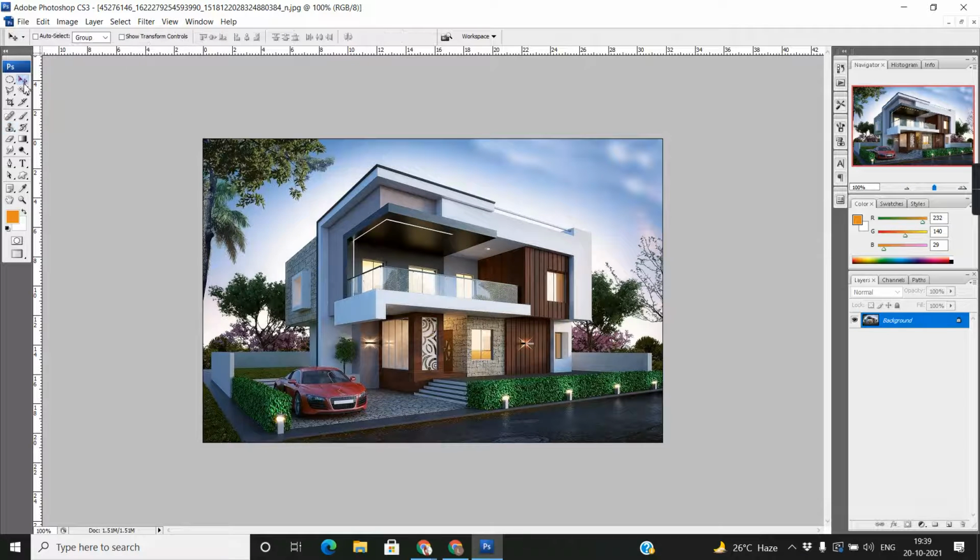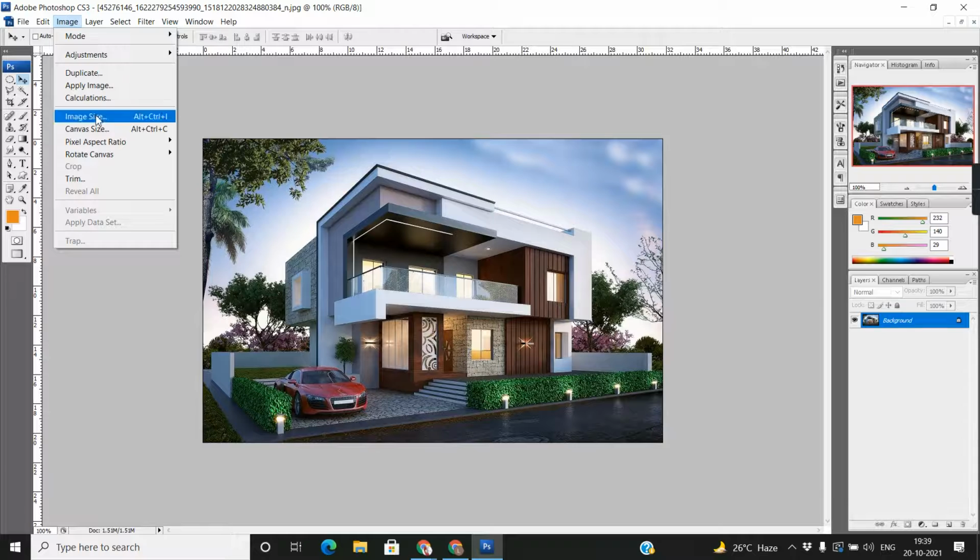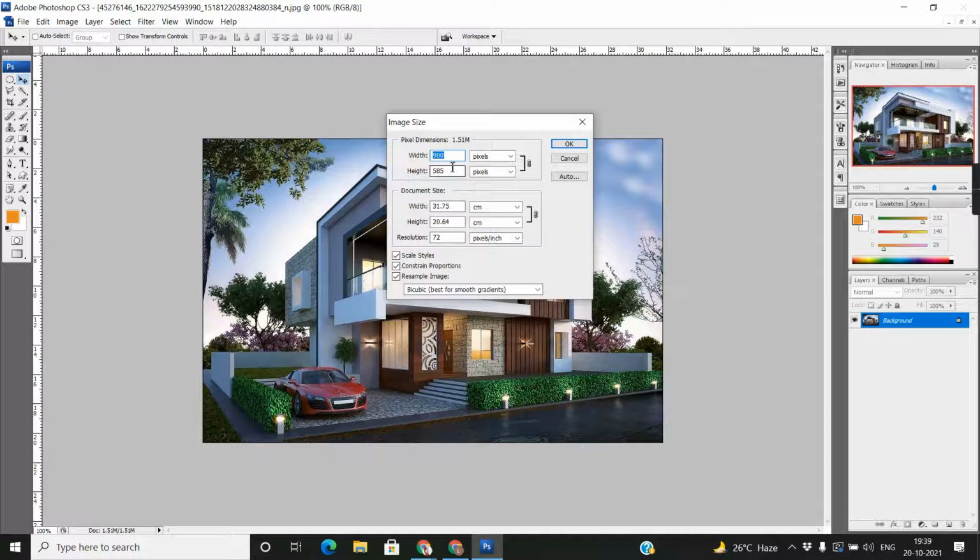Okay, this is the image. I don't know the exact image size, so first I want to know this image size. So go to Image Size. Look at the size, it is 900 by something, and look at the resolution, it is very low because this is downloaded.